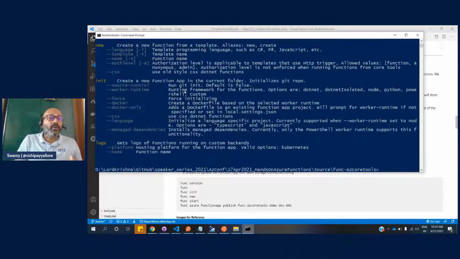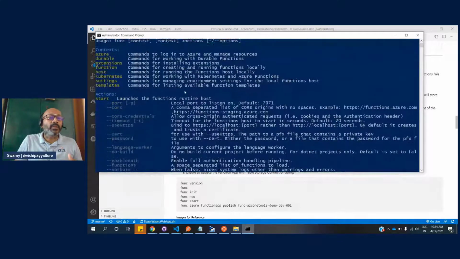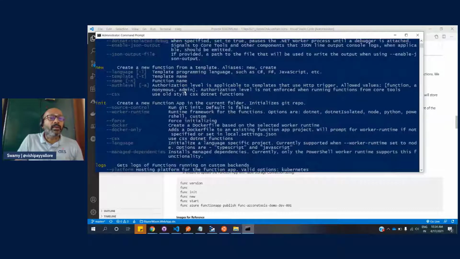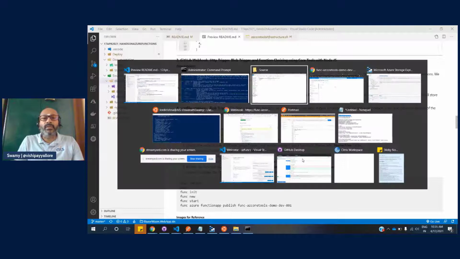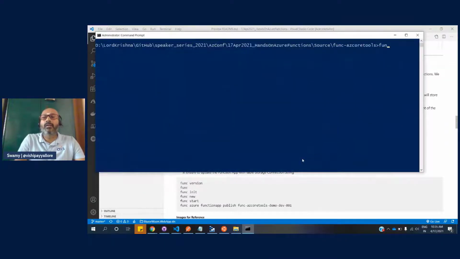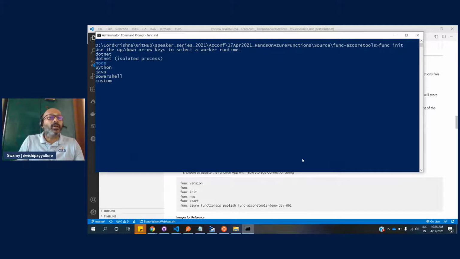The moment you use func, it says what all the things you can do. So here we can quickly see this. Init will create a new function app in the current folder, and new will create a new function from the existing template. So let's do func init. So we do func init, and I want to use .NET, and I want to use JavaScript.